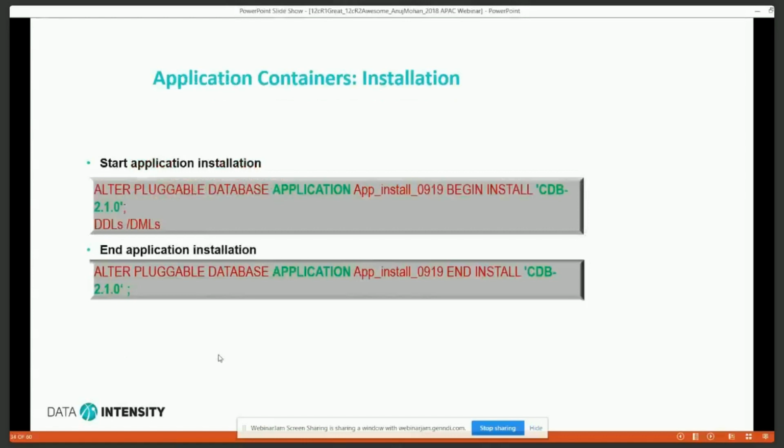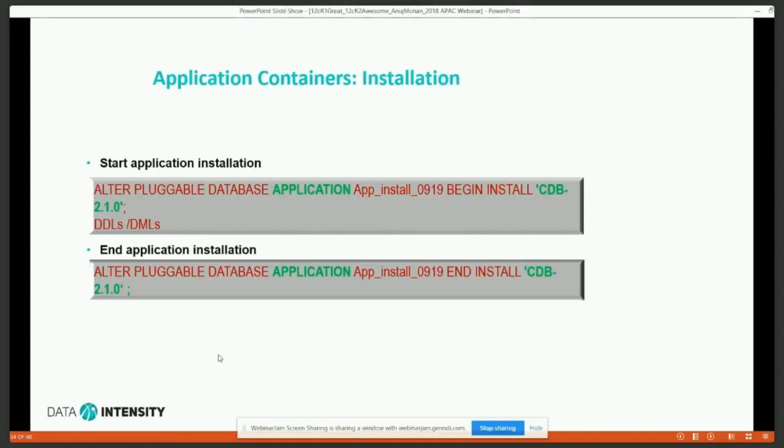Here in the second screen, I'm going to install the application. So I'll say alter pluggable database application, and this is a keyword, and then I'll say app install. That'll be the application name,